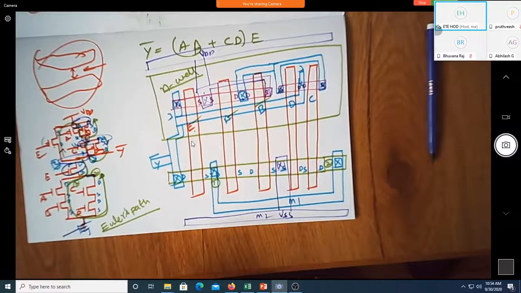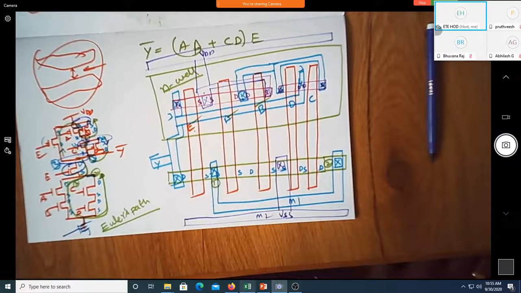Sir, obtaining Euler's path, and then interconnection of metal lines, and most importantly, lambda based rules. So lambda based rules are independent of dimensions. You always specify the dimensions in terms of lambda. Maybe you might have seen that when we were working in Microwind, it was coming like this.